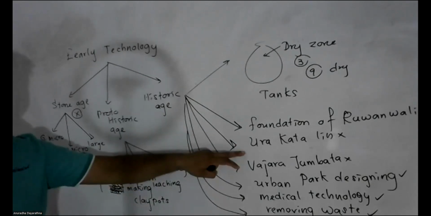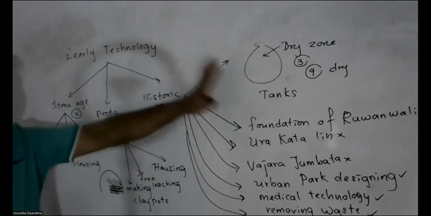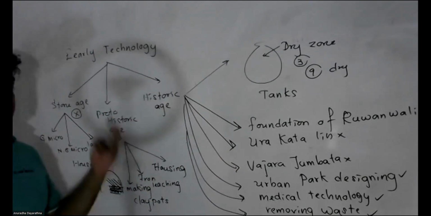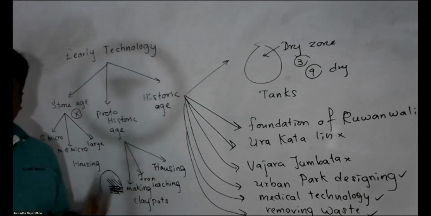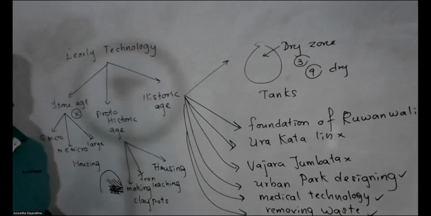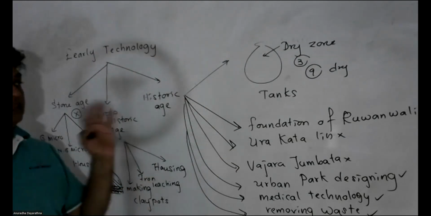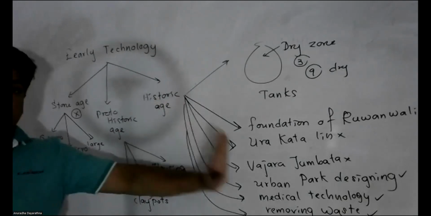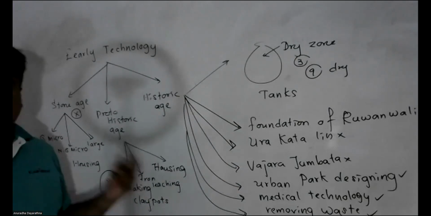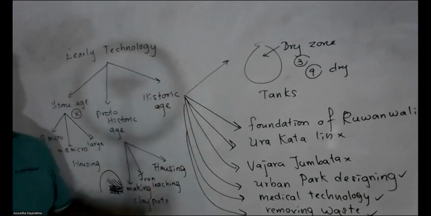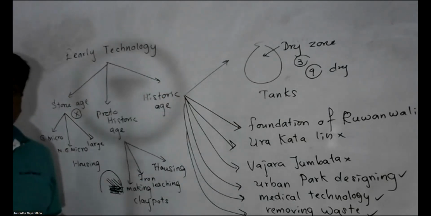Ura Kathalin is a kind of wells that had been constructed in the dry zone to purify water. I am taking only one thing today, because we can't do everything. This is a lesson that we have to teach one by one, at least 8 days. Here I am taking only 1 day and 1.5 hours. So within that time period, I can't explain everything. I have given you a brief idea of how this is given, so that you can go through them, note this down, and later find the information about these things.